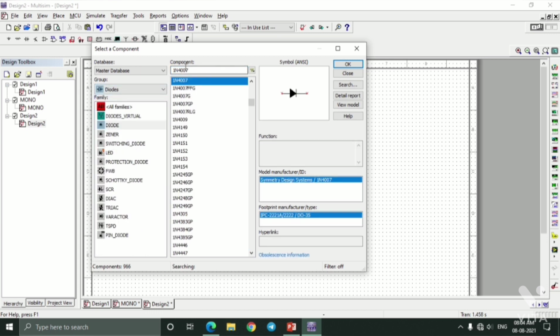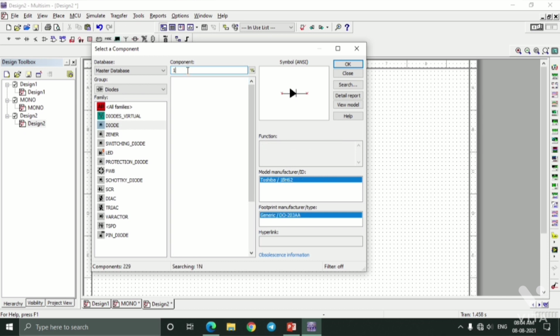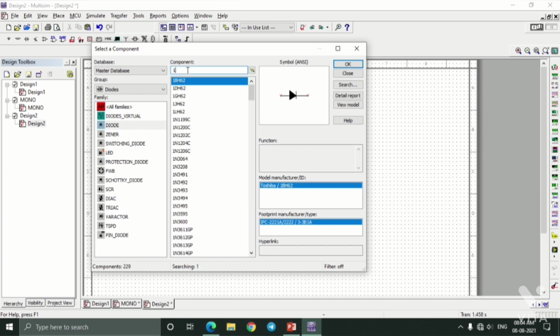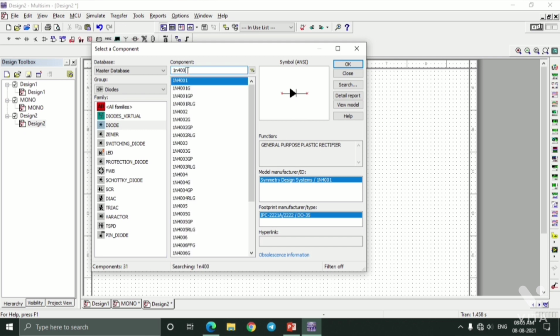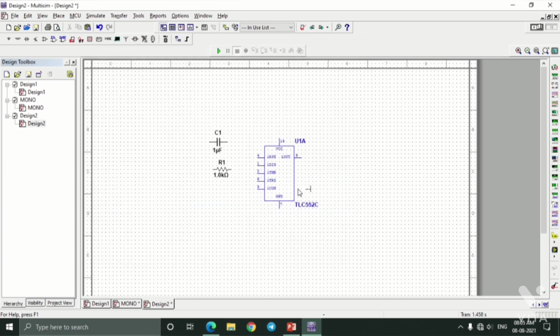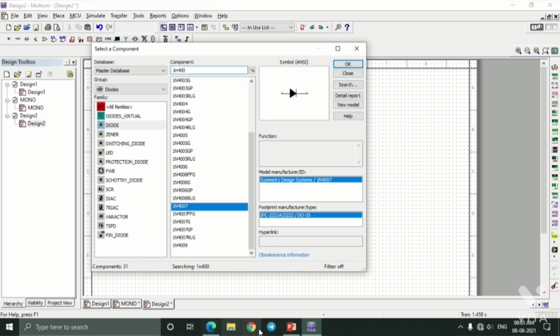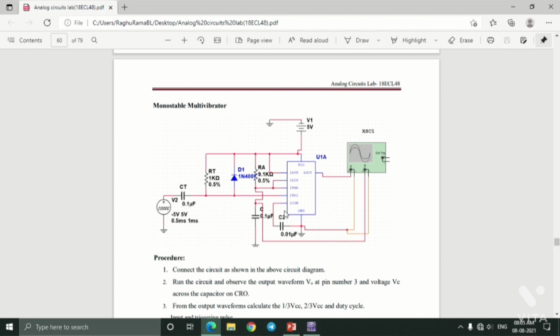Go to diodes, and over here you type 1N4007. You can just type 1N4007, or you can scroll down to the 1N4007 diode, not IC. Place it, and then we require ground.